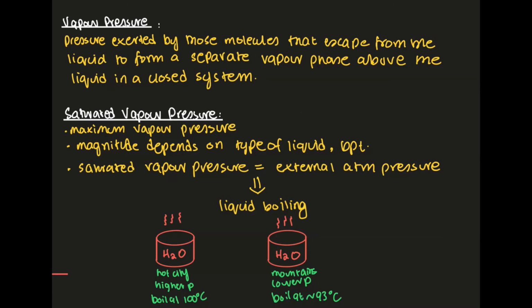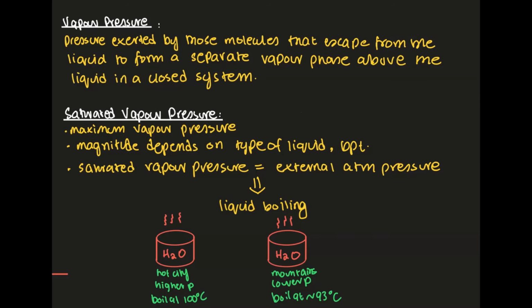Now we're going to be taking a look at the term vapor pressure. Like we discussed previously, if you have a closed container and you're heating it, some of the molecules are going to gain kinetic energy and break free from the surface of the liquid. However, since there's a lid at the top of the container, they're not going to be able to escape. So these molecules are going to remain in the separate vapor phase, and they're going to exert a pressure, which is known as vapor pressure. Just to recap, vapor pressure is the pressure exerted by those molecules that escape from the surface of the liquid to form a separate vapor phase above the liquid. And this only happens in a closed system, so you need to have some sort of a lid at the